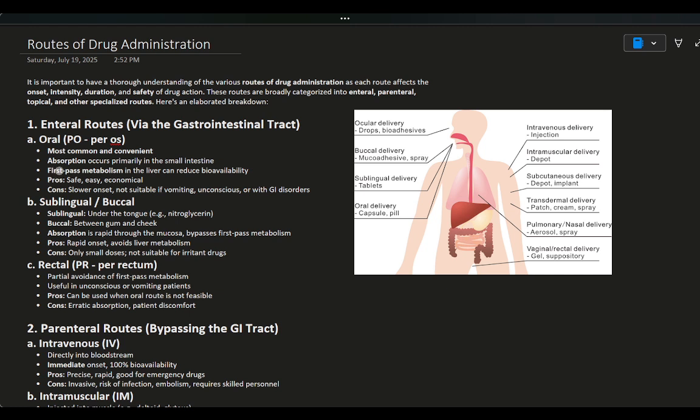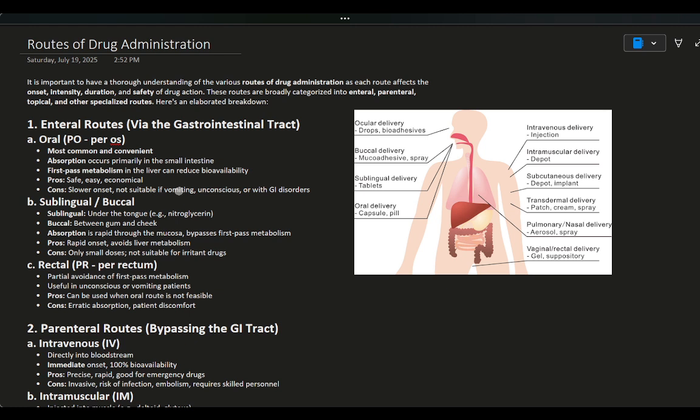However, you have to consider the first pass metabolism effect that occurs in the liver, because this will actually reduce the bioavailability of the drug, or the amount of drug that is effective, that is present in the body. I'll explain more about this later, probably in a future video. But anyways, the benefits of this route is that it is safe, easy, and economical. But the downside is that the drug will have a slower onset, and it is also not suitable with vomiting,